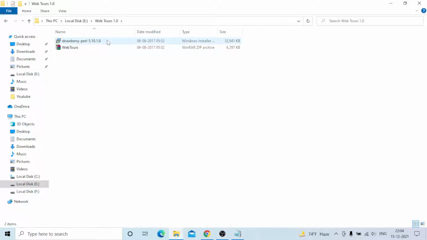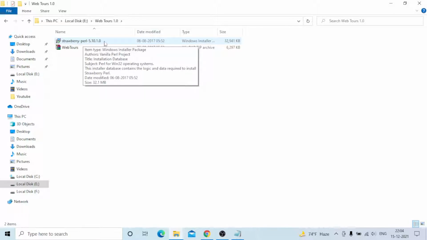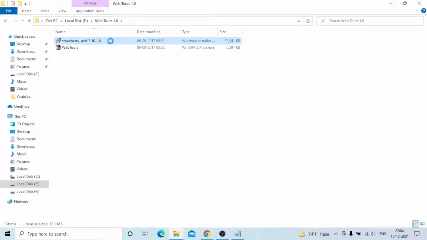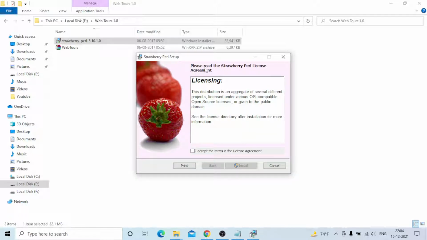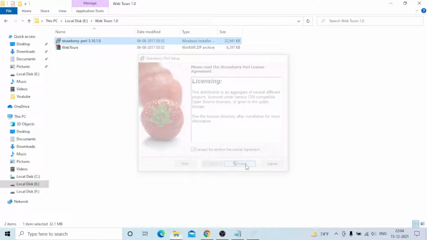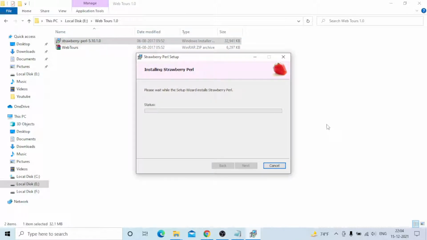First of all, you need to install Strawberry Perl 1.10.1.0. Just right click that one and install. Please read the Strawberry Perl license agreement. It is the general license, not required to study. Select accept and install. It will take just 1 or 2 minutes, not more. It is a very small application.